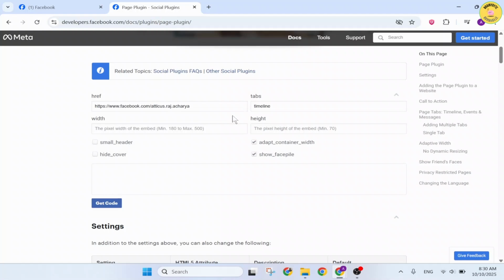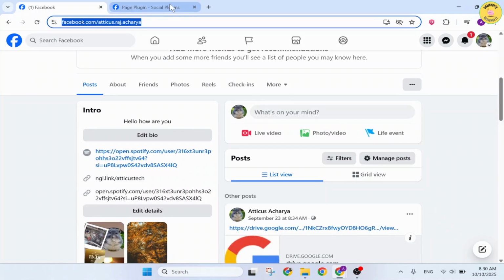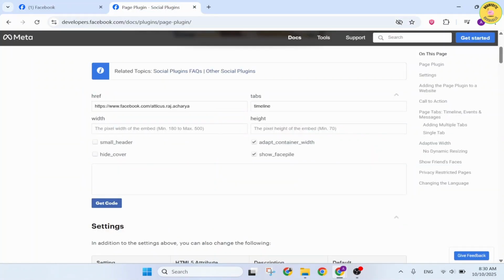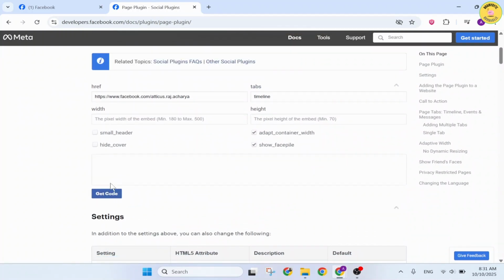After you do that, you'll then need to choose which tabs you want. So if you want to upload your timeline here, you can choose the timeline option. You can also choose the width and other options such as height. You can then tap on the get code option. Tap on get code